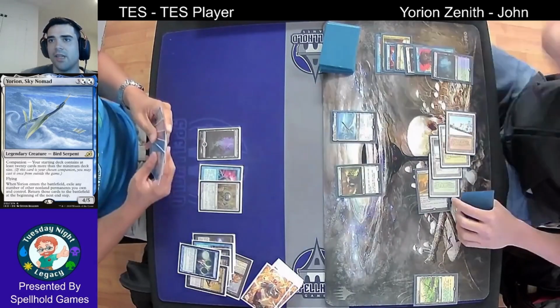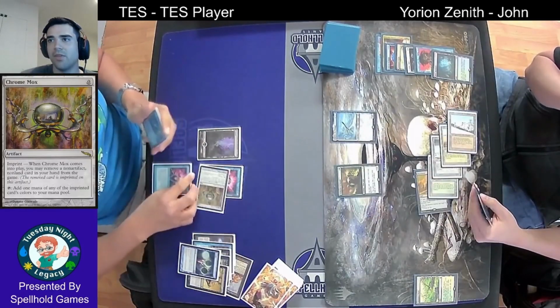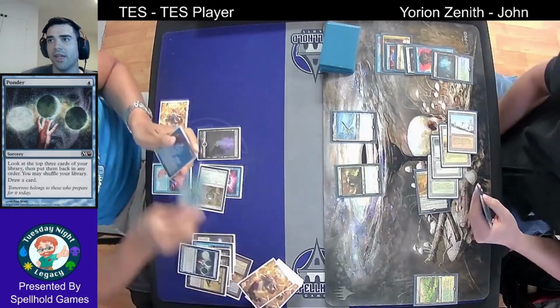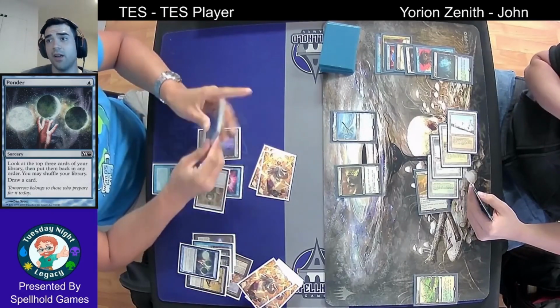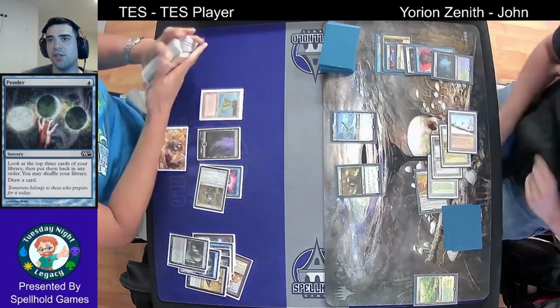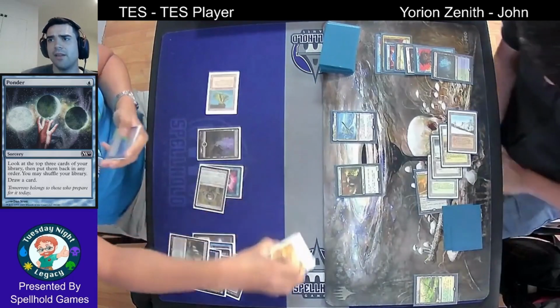Sure, why not? Pseudo Vigilance. The Chromox over here is going to cast another Brainstorm, one of the better cards in Magic. Definitely one of the better cards in Legacy. I'm going to go ahead and fetch here for a Volcanic Island, and I think we're about to go off